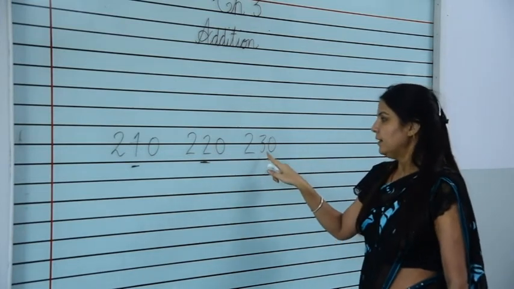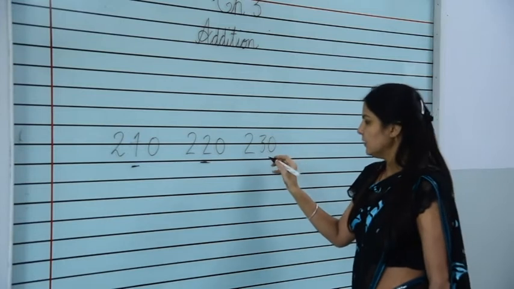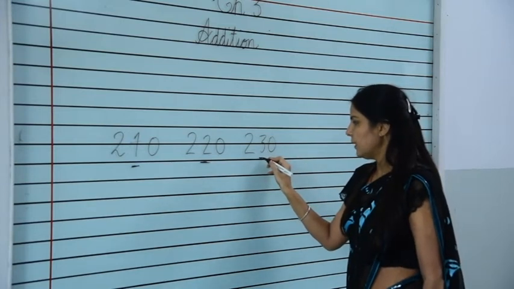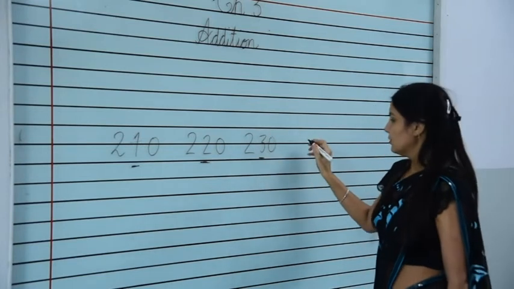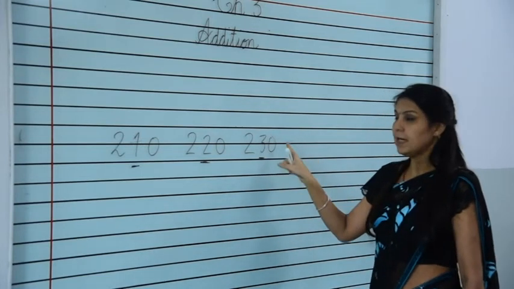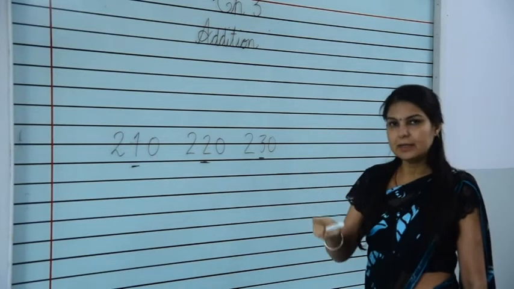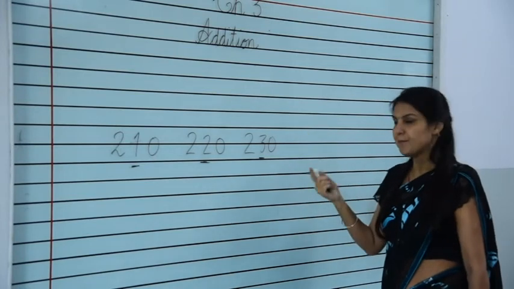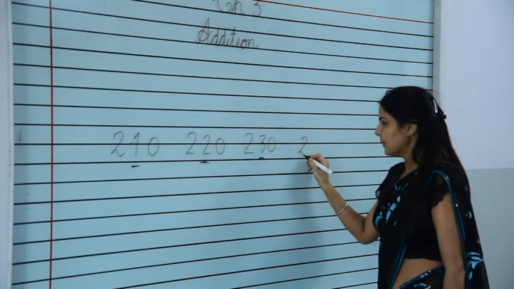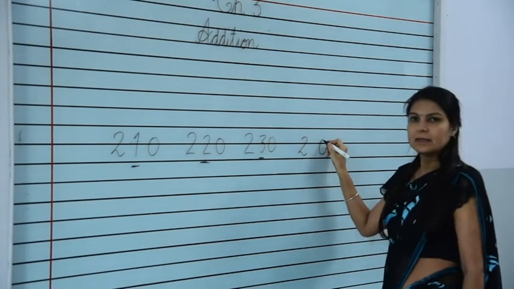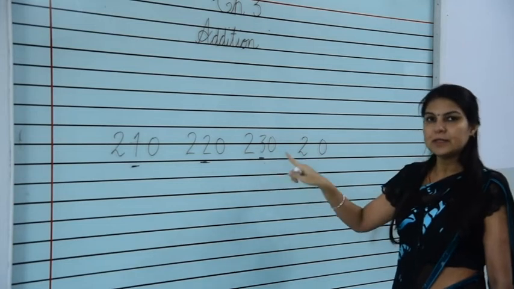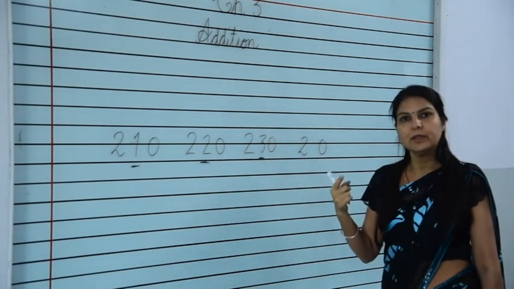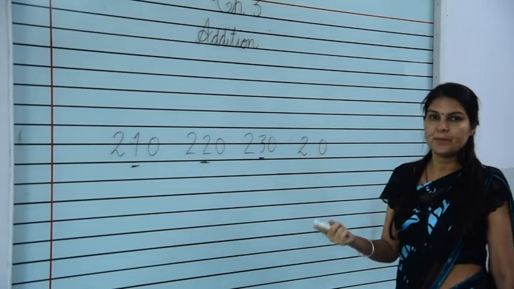Now what we will do? We will add again 1 to the digit which is at the tens place. It will become now 4. We will not change the value of other digits. The other digits will be the same. 2 we will write as it is and 0 we will write as it is. Only the digit at the tens place we will change, because we are writing the counting of skipping by tens.